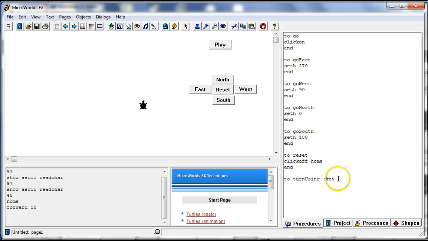Okay, so by adding this colon and some name, and I could have named this anything, N or spaghetti or whatever, but I'm naming it key because it represents a key from the keyboard. So I'm just picking a name that makes sense, makes this easier to read for me and for other programmers. Okay, so to turn using key,